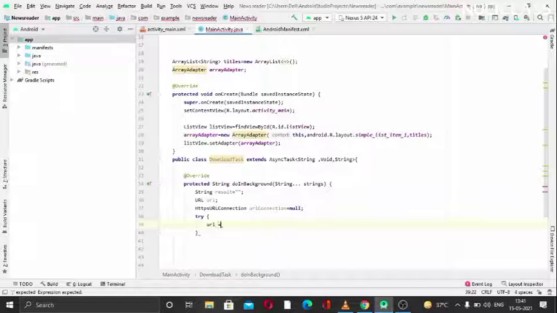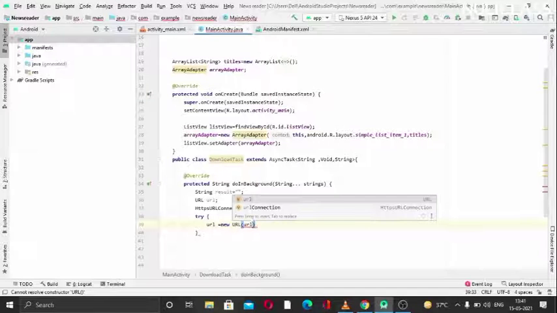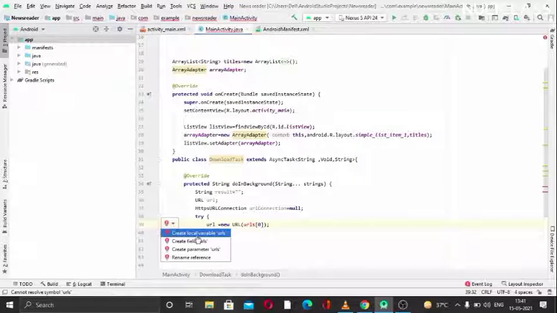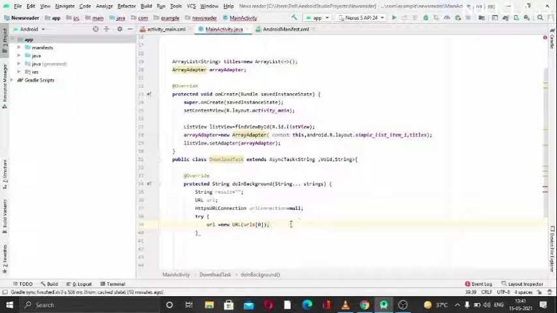As I have declared URL here, I can use it here. I will create a new object, new URL, and inside of that I will pass the initial ID, which is urls[0]. I think I haven't created urls here.